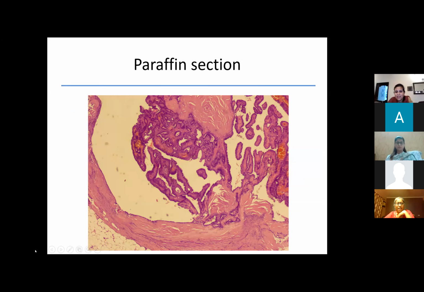Okay, so we see a very well delineated duct and a nice papillary neoplasm arising from it with a complex arborizing architecture, and you have nice broad fibrovascular cores. So this slide, it looks like a nice benign intraductal papilloma. And you're absolutely right.